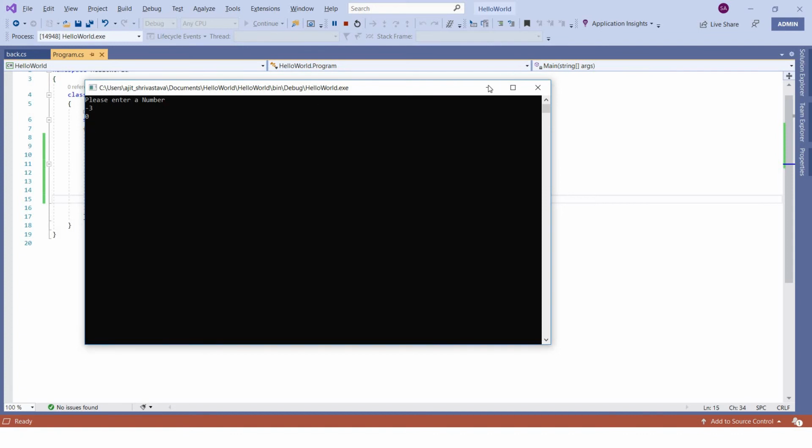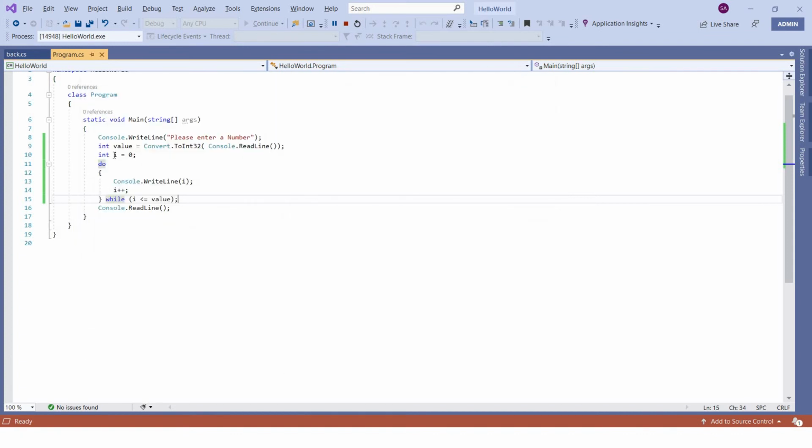I entered -3, so I is not lesser than -3, but this condition was checked only after the block executed at least once. That is why in a do while the body part or loop part will execute at least once, no matter what the condition is.